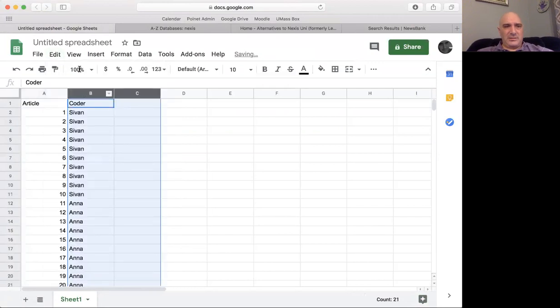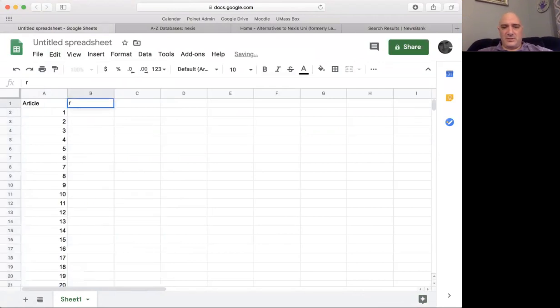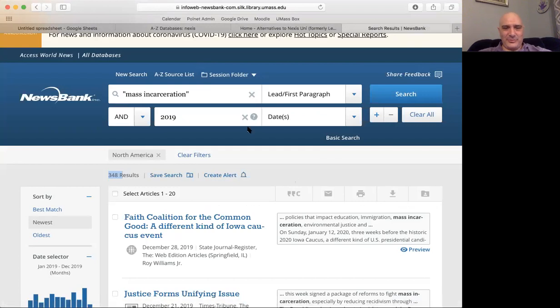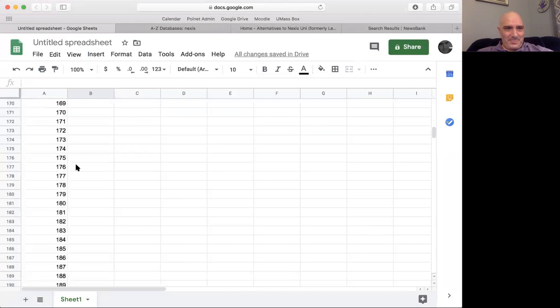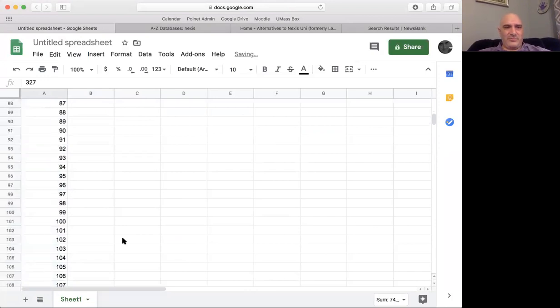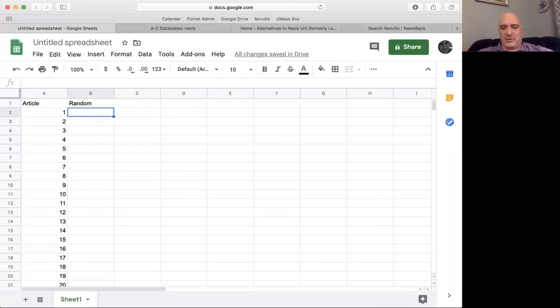And so I'm just going to create some random numbers to sort those. Let me double check if I remembered it correctly, that it was really 328 and there was 348. Okay, yeah, that was quick. My memory is getting bad. All right, so I'm going to continue down to 348. All right, so I have 348 articles, 1 through 348, and I'm going to randomize them